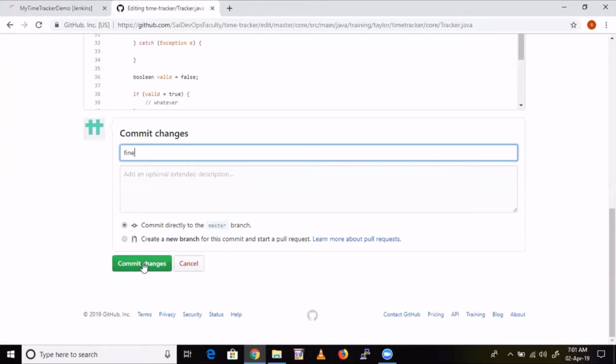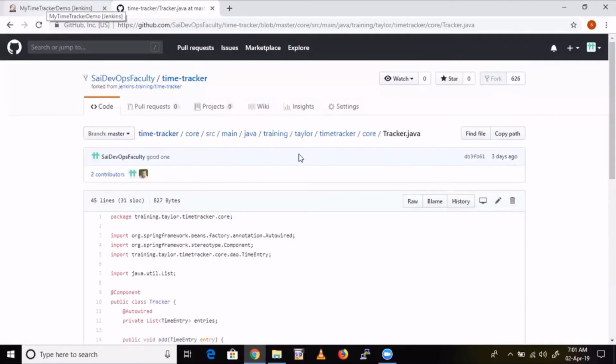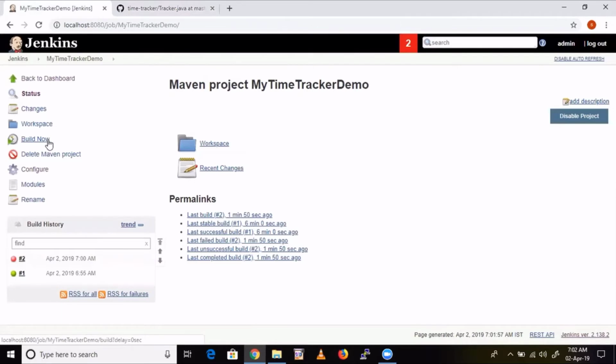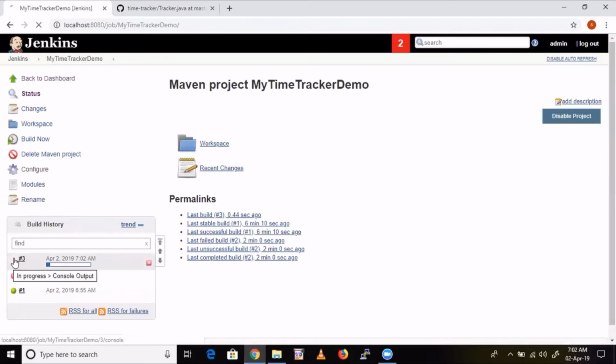So commit message, commit changes. Click here, build now. Now one more build got triggered. Now see that console output.